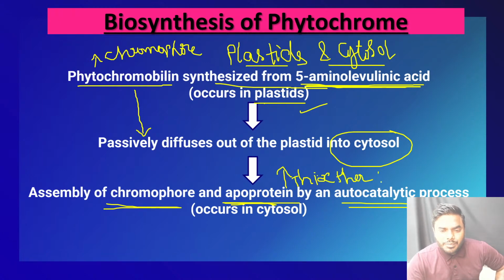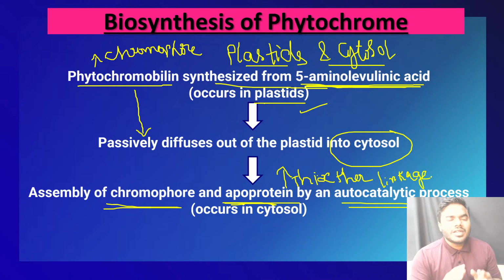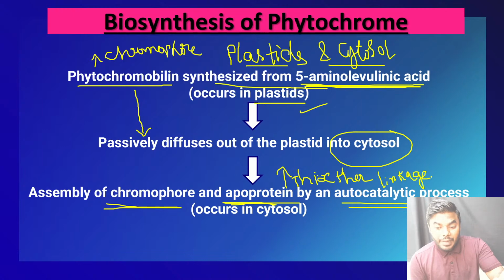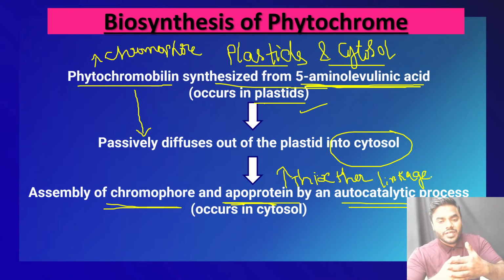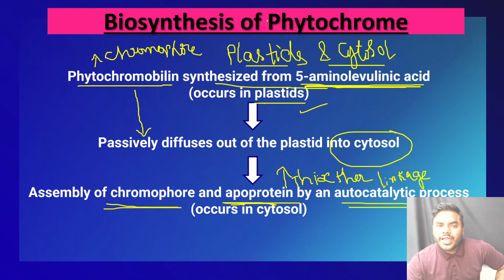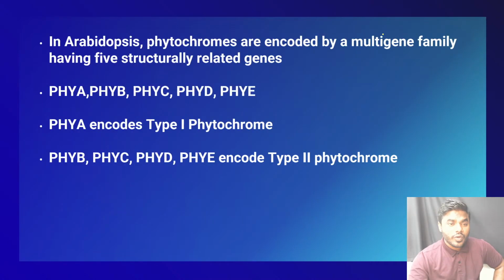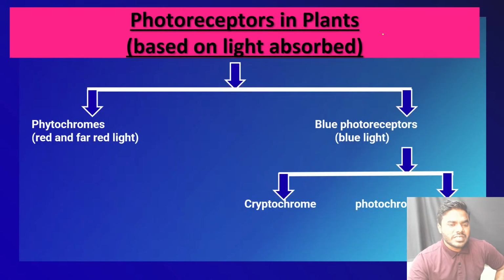So friends, what is the point every one of you has to remember? Chromophore and apoprotein are not synthesized in the same location. The chromophore is synthesized in the plastids. From the plastid, the chromophore comes to the apoprotein and combines with it, involved in the biosynthesis of phytochrome. Kindly do not forget this. And once again, the question which is asked in the exam: